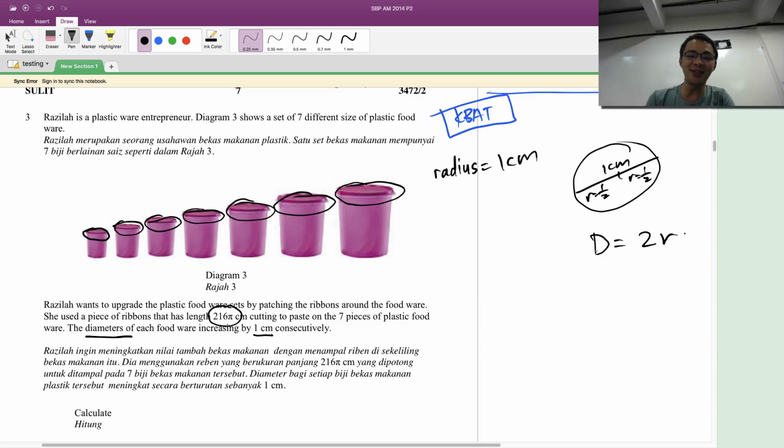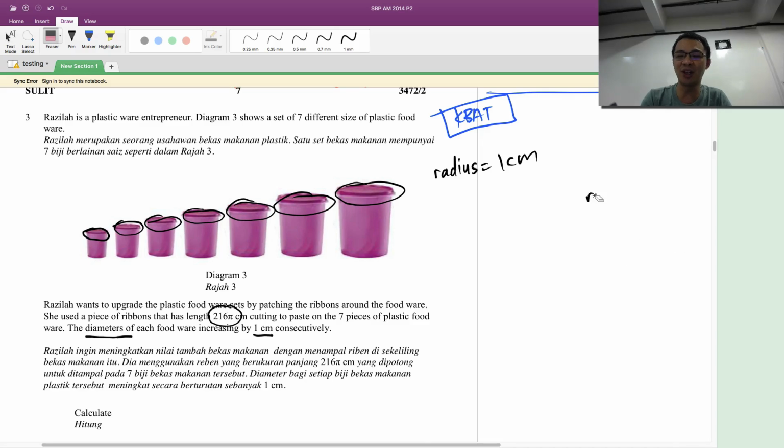So in this case, in order to get the same answer as the marking scheme, I think the first thing you should do is change this into radius equals 1 centimeter. Of course, if you want me to do it as a diameter, I can also, but then let's change the question a bit. So if I know my R equals 1 centimeter,